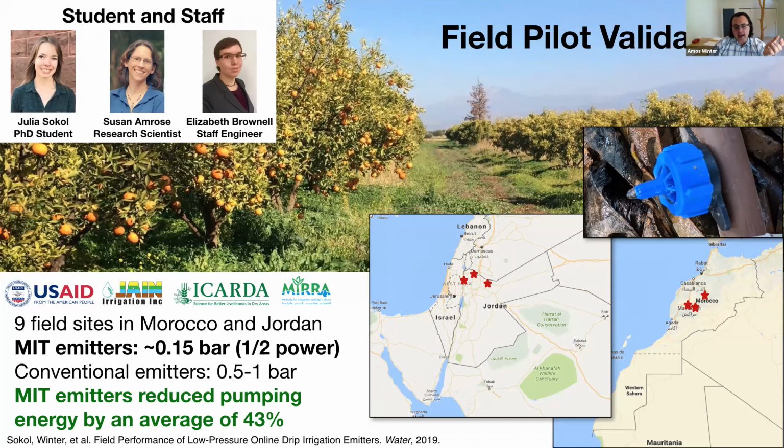And in this study, we tested our emitters, which activated at about 0.15 bar, versus conventional emitters made by Netafim and Adratec that operate between 0.5 and 1 bar. And we showed at these 9 locations an average of 43% reduction of pumping energy while maintaining industry norms of uniformity of water distribution. And in our second year of operation, taking out some user errors, we're actually operating near